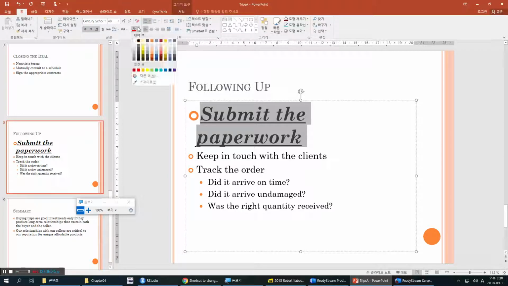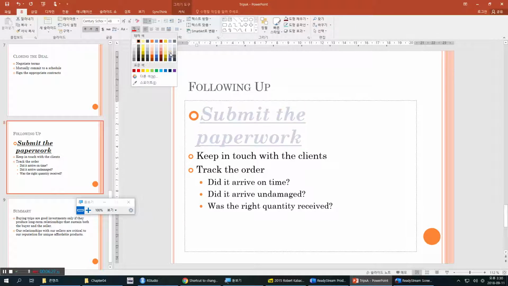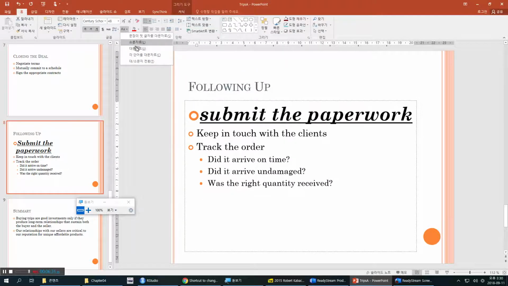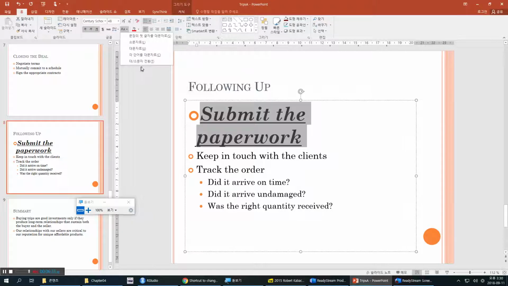Certainly you can change the color of the text as well. And you can change the case. Also, this way or